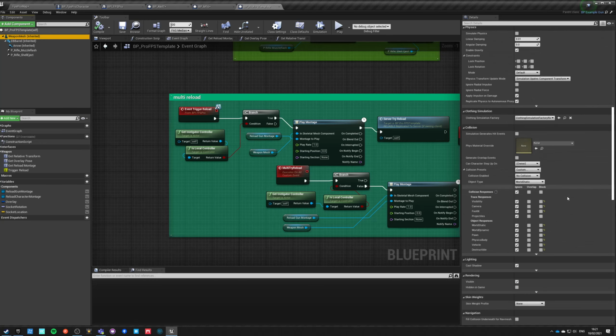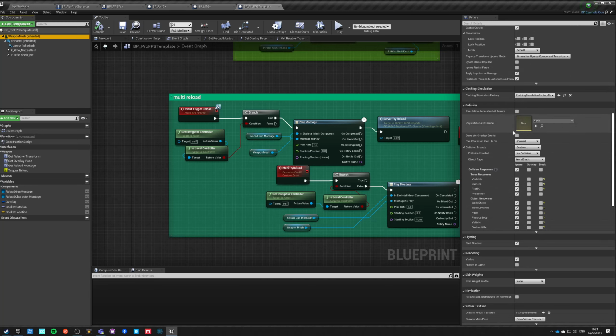But to do that, we need to change our collision settings, because right now we are not doing any collision whatsoever, right? So we will make object type set to WorldDynamic. Actually, we should have an object type of a weapon, but let's just keep it WorldDynamic right now. And let's make sure that it doesn't block any of the trace responses, maybe except visibility.